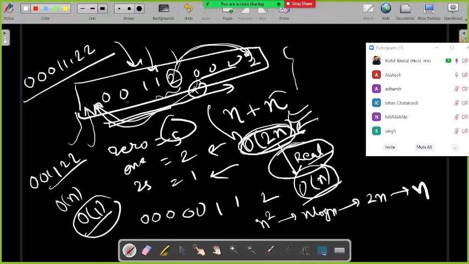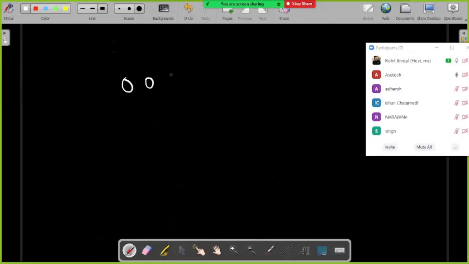What is the time complexity of appending at the front? It would copy the list. I don't know exactly, but I think it just changes the pointer. In append, we just change the pointer address to this, right? So you are saying you will move from here, and whenever you find a 1, you will append it to here, right?